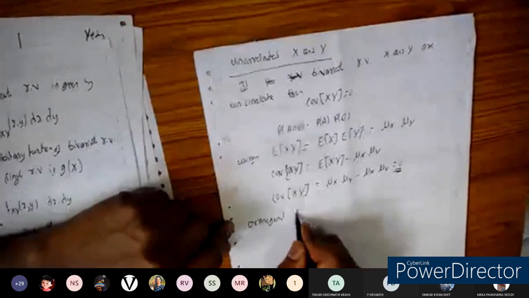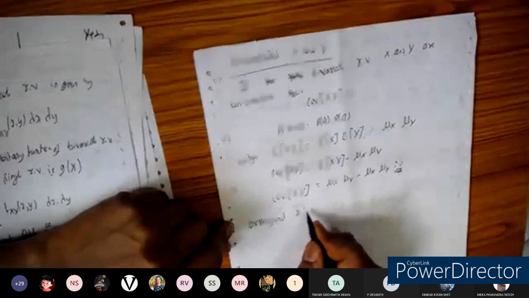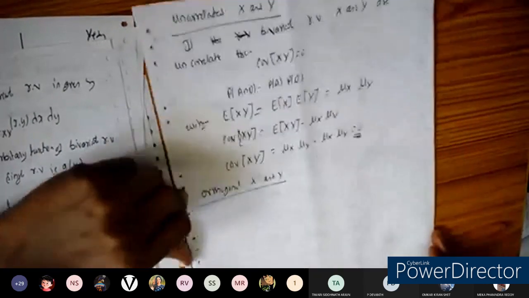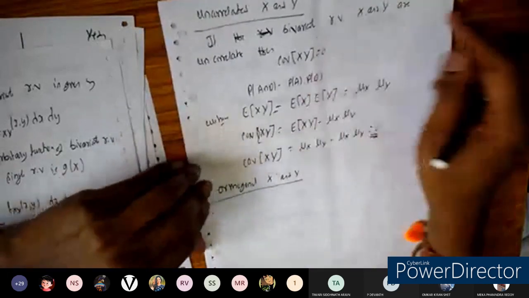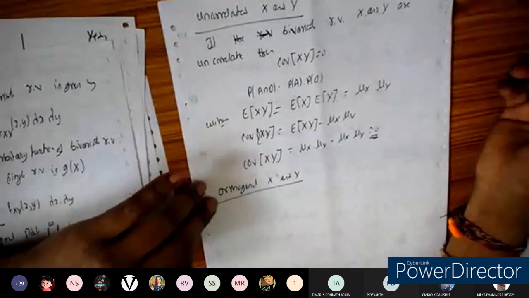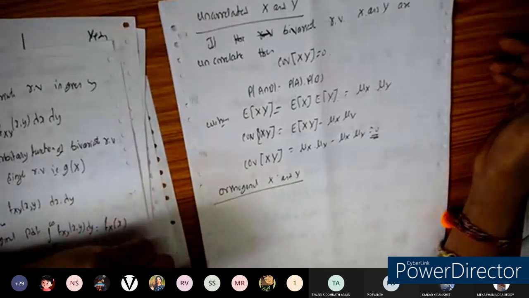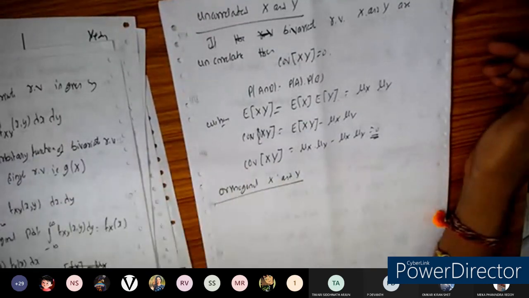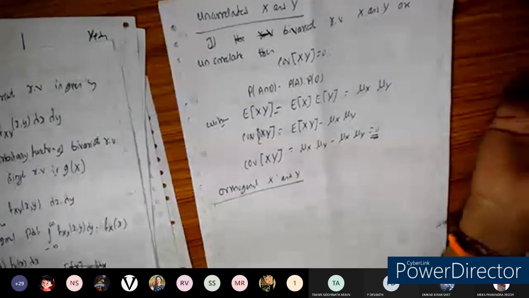Orthogonal means they are perpendicular to each other, that is, there is a phase shift of 90 degrees. So usually we consider orthogonal signals. I think in your mathematics you have come across the Gram-Schmidt orthogonalization procedure, right? We are going to use that procedure in order to model the transmitter.